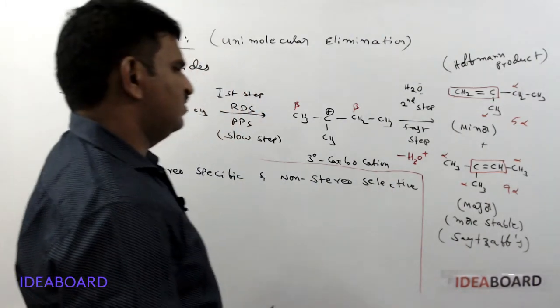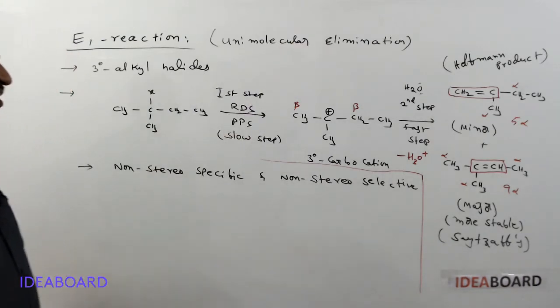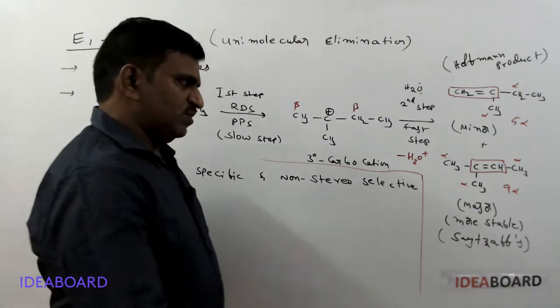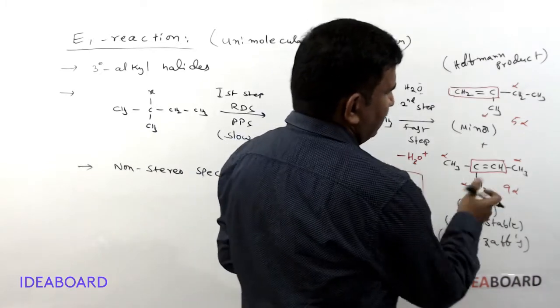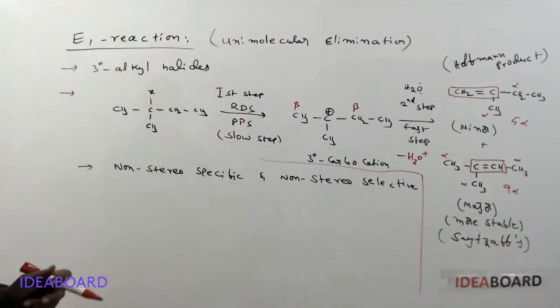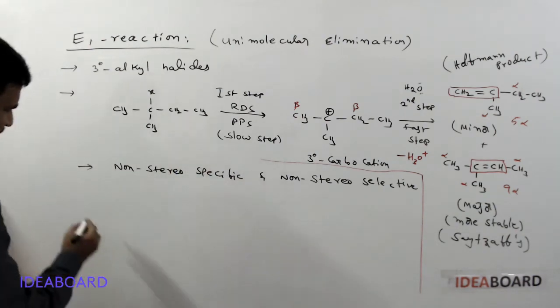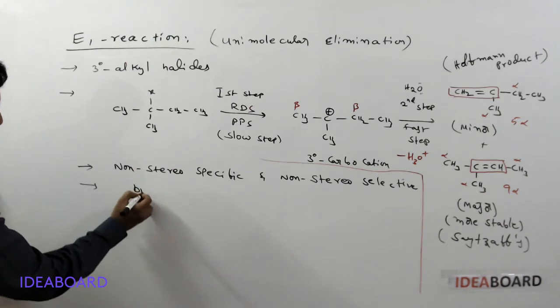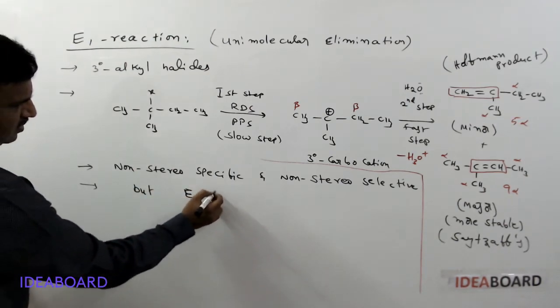Because here we are not getting any one isomer; only carbocation to alkene formation is occurring. Suppose this is optically active, for example, you will get a mixture of cis and trans isomers, so we are not saying it is stereoselective or stereospecific. But a very important point: E1 is